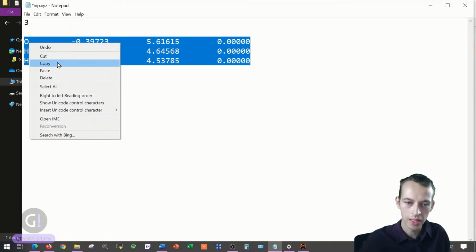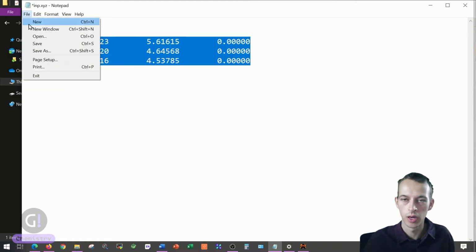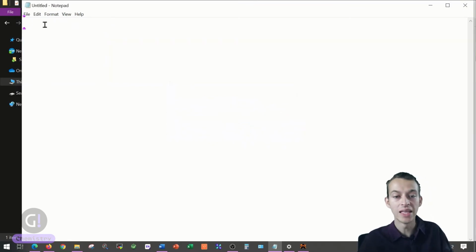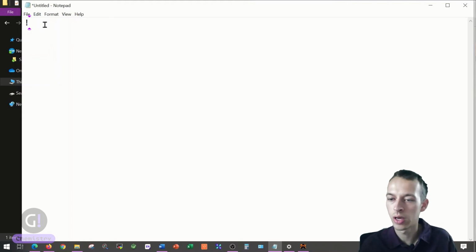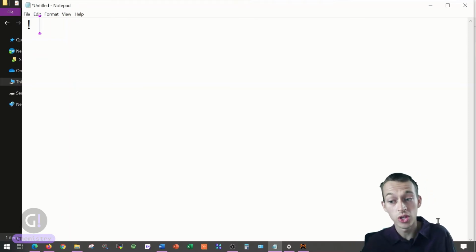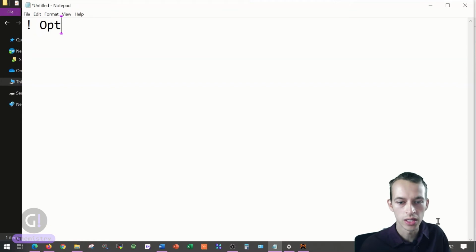Now we need to prepare the input file for Orca, so we hit File, New. The so-called simple input line, where you write your main Orca keywords, begins with an exclamation mark. Now we need to say what kind of calculation we'd like to perform, and we would like to ask the program to find the equilibrium structure of water, which means finding the combination of nuclear coordinates with the lowest energy. So it's an optimization problem, and the keyword is opt.